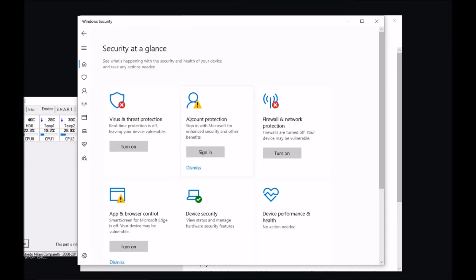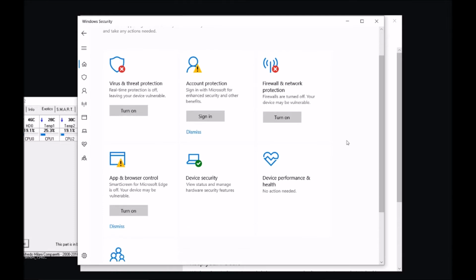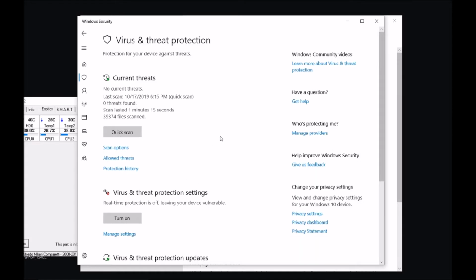And by the way, the idea behind disabling these things is not about thinking that Microsoft is spying on you. Yes, perhaps they do anyway. It's just about reducing consumption of system resources, making the system work a little bit faster, the internet connection work a little bit better, the CPU usage lower, and the memory usage lower as well. So that's the reason, at least for myself, why I'm turning these guys off. Let's click the other options, but this should be a good part of the things to disable. This one, we've been there.